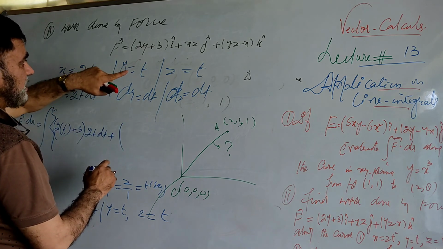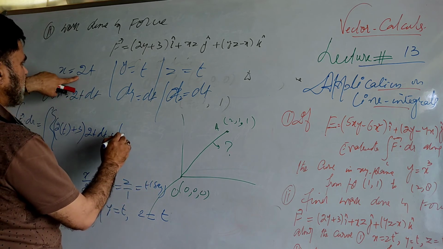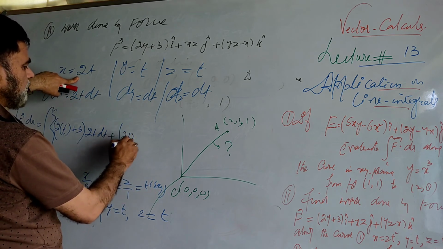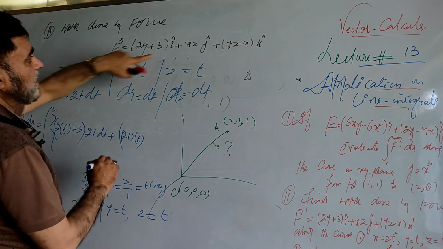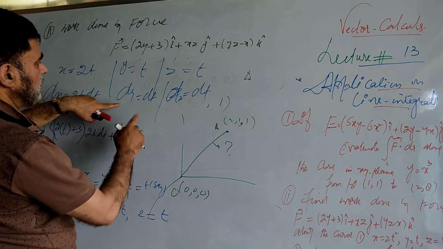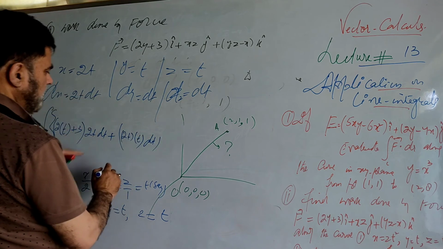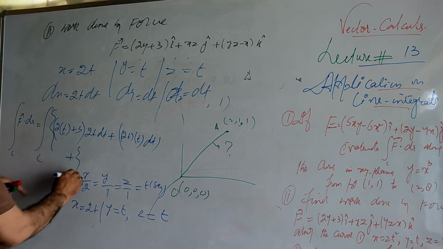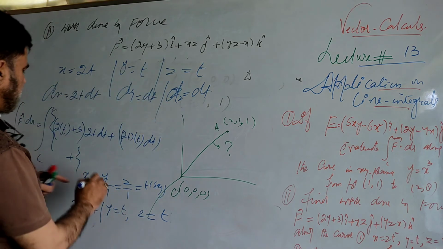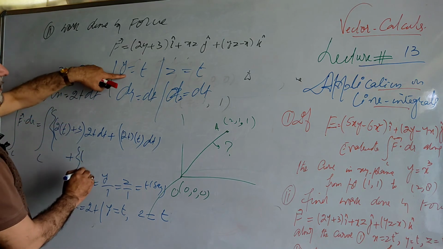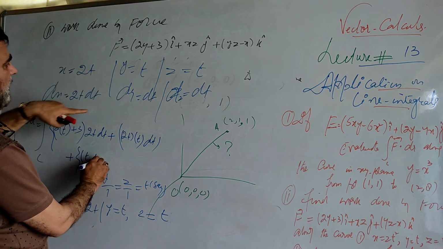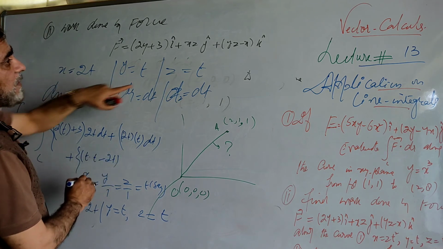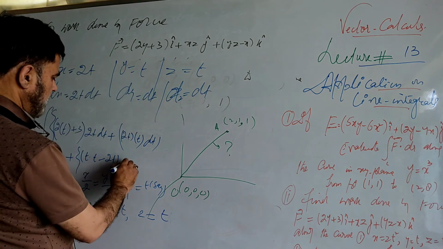This is xz dy, as you did previously in the same way. X is your 2t, and what is your z? Z is your t, and what will be your dy? Sorry, it is dt. Then plus, you have yz. What is the value of y? It is t. What is z? It is again t. Then you have x, it is minus 2t. Then you have dz with this, it is dt.